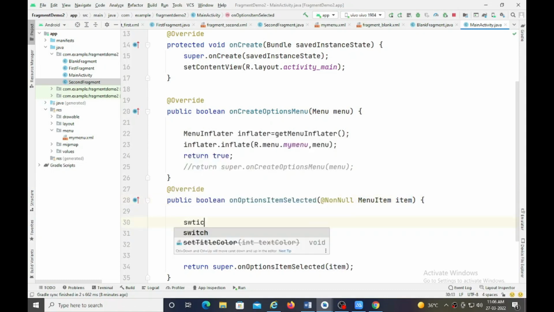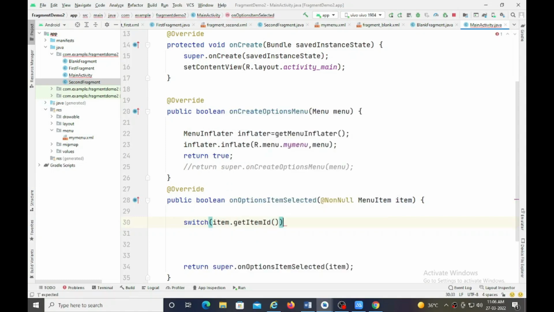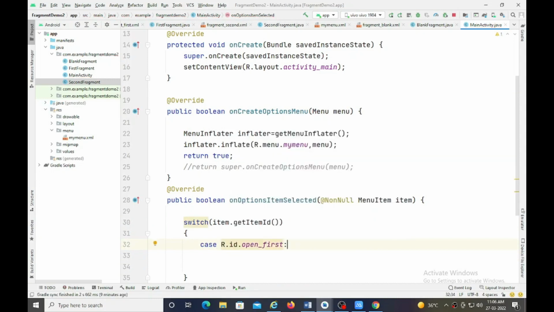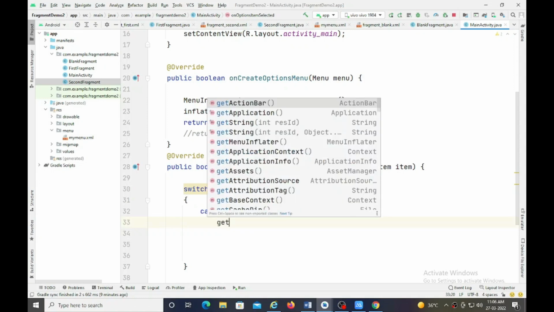So I am passing this to a switch: item.getItemId(). This will get the item ID. So I am checking for the item ID as R.id.open_first. If the open first option is selected by the user, then I want to display the first fragment on my activity. So how to display the first fragment on an activity? To display the first fragment on the activity, so get